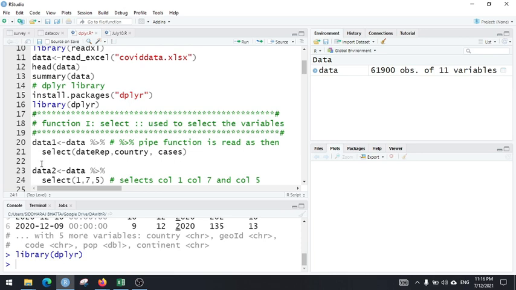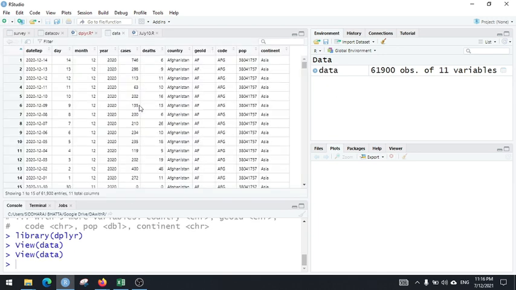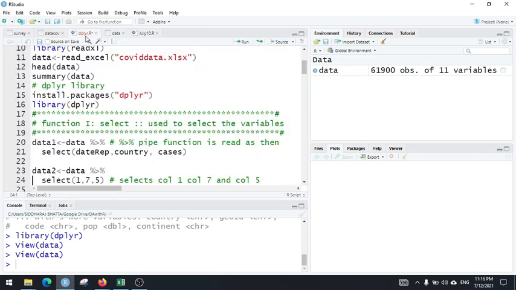So the first function that I'm going to illustrate here is the select function, which is used to select the variables or the columns from the data set. So the various columns or the variables in this data set are date reported, cases, deaths, country. So these are the column names or the variable names. So the select function is used to select the number of columns or the select the variables from the data set. So a specific function here is the pipe function,